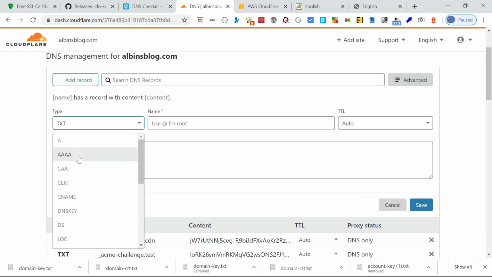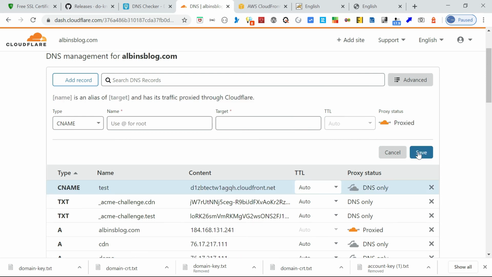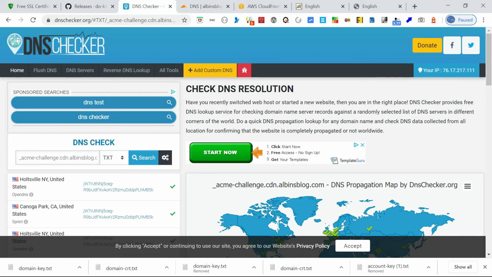So create a CNAME record. Here it's going to be test, and the target is going to be the CloudFront domain. Now I save this. Okay, this may take some time to reflect again. You validate this. Once it's reflected, you can go and test it.